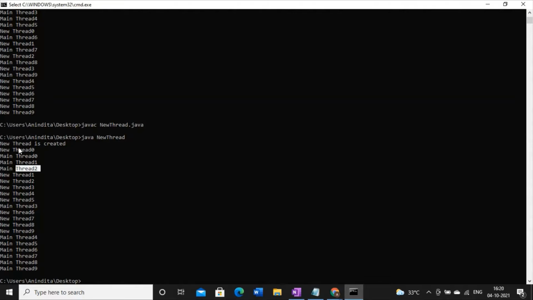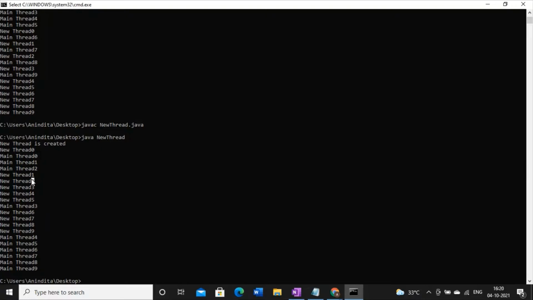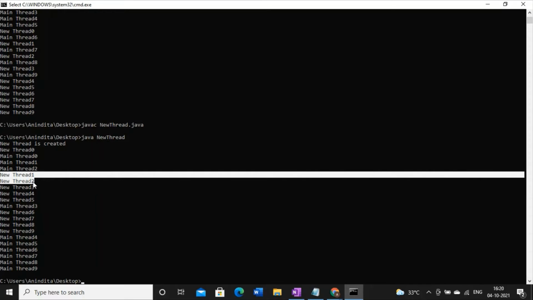So here, whichever time is spent by the CPU for the new thread, within that period only one output of i is executed, and whatever time is provided by the CPU to the main thread, within that amount of time these three lines of code will be executed. Then again it is executing the new thread. This is how the CPU is switching between two threads, new thread and main thread. This kind of activity is known as round robin scheduling, right? And Windows always uses this kind of scheduling, and this is a classical example of round robin scheduling.